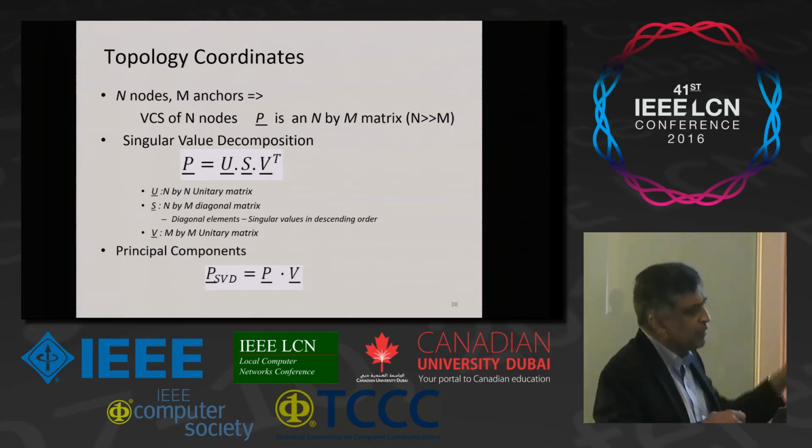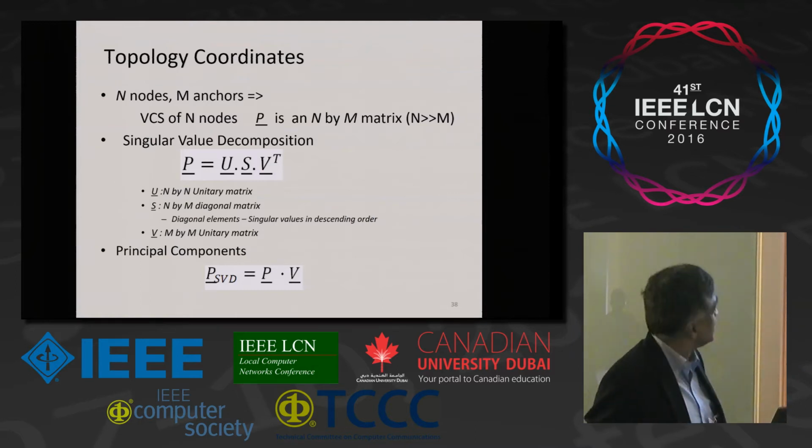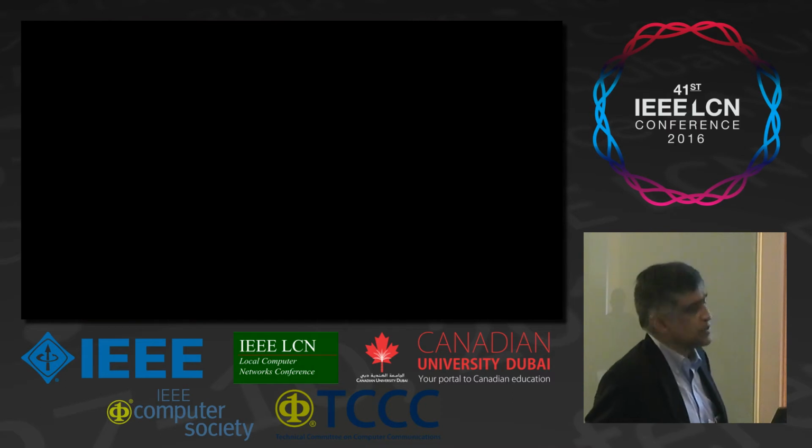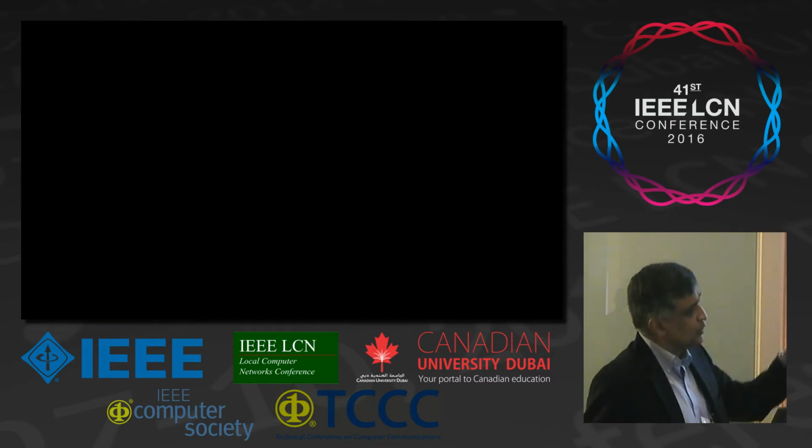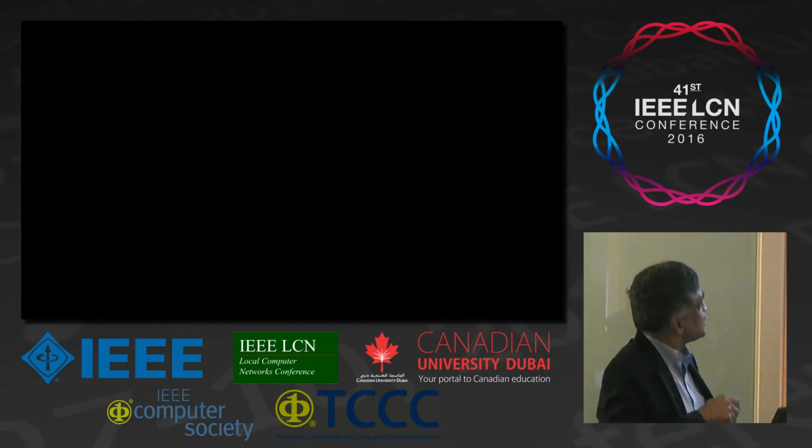You start with this one, and what this well-known transformation does is it gives you a new set of axes. These axes happen to be orthogonal to each other, and the first axis happens to contain most of the information, the next one the next most, and so forth. So we started with these things that were not orthogonal. These are the virtual coordinates. We convert them to this one, right? But these happen to be orthogonal to each other.